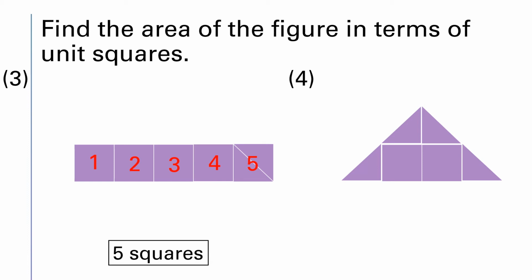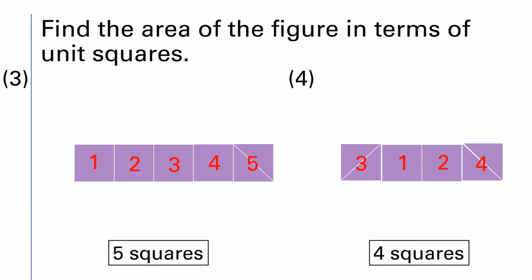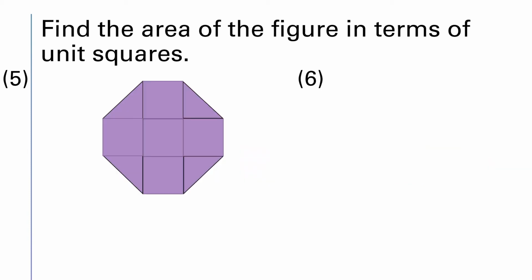Let's count the squares in next figure to find out the area. 1, 2 and half plus half 1. So this would be third square. Again half plus half 1 and this would be fourth square. So how many squares in total? Yes, 4 squares.